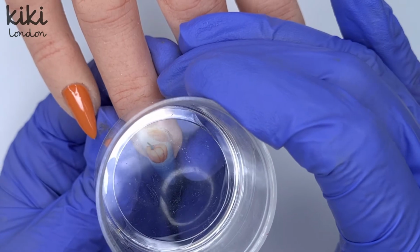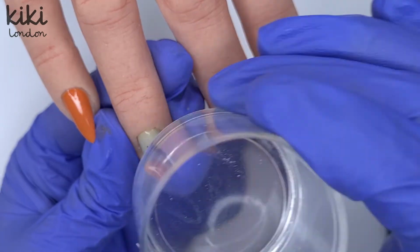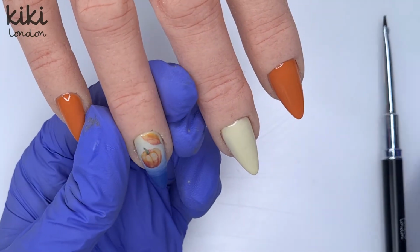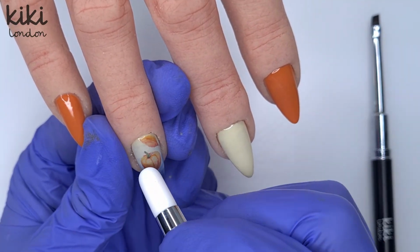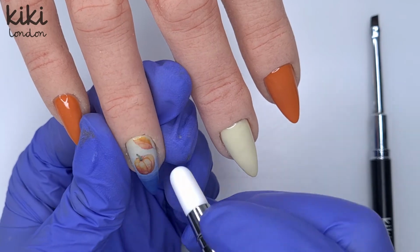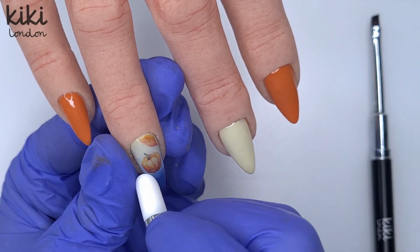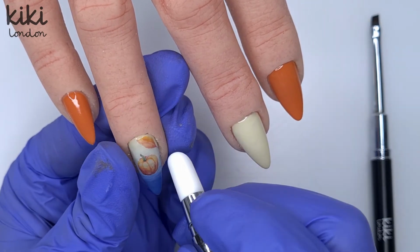So I've popped down my decal, soaked the backing paper with some room temperature water, slid off the backing paper, and then I'm placing that down onto the nail. Once I've got it down on the nail, I'm just using the Kiki London Silicone Tool to smooth out the water decal, get out any creases and any bubbles, and just help move them into place to exactly where I